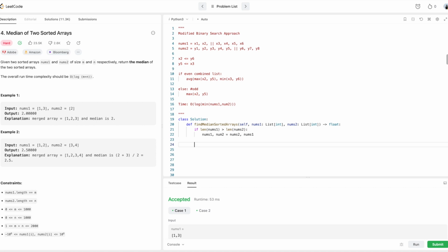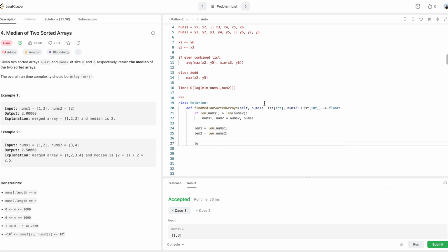And then let's define some parameters and variables that we're going to use. Length1 equals length of nums1, and then length2 equals length of nums2. Also, we have low and high for the binary search, and by the way, this low and high is only used for nums1 because we're performing binary search on nums1. Low equals 0, and then high equals the length of nums1. And while low is smaller or equal to high,